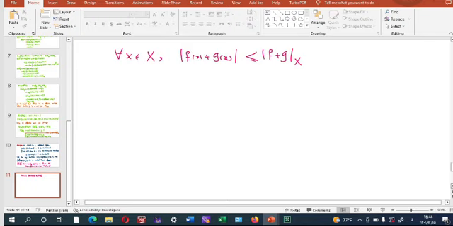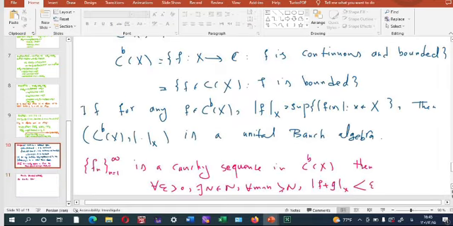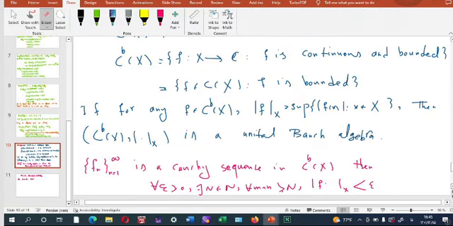Okay, this shows that for any x in X, this is a Cauchy sequence. I must write f_n and f_m. Okay, of Cauchy sequence. Okay,